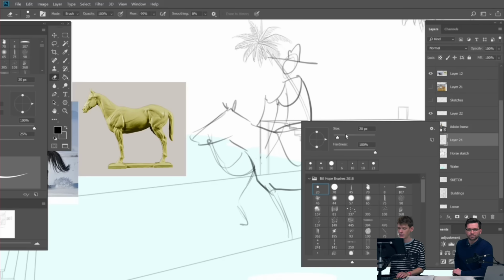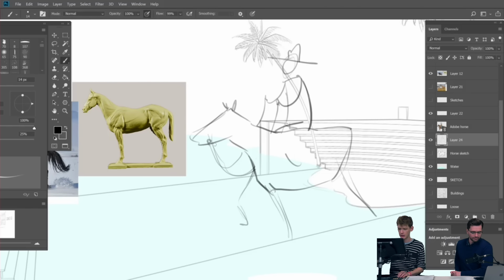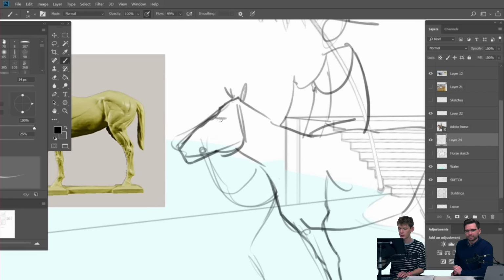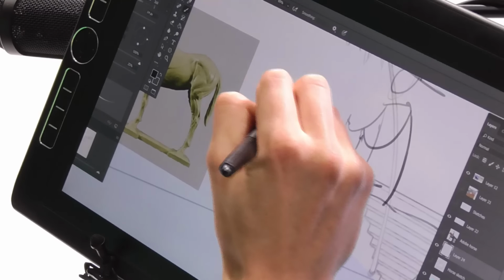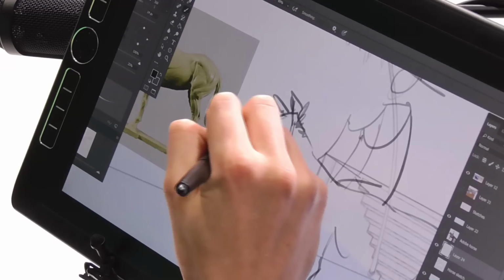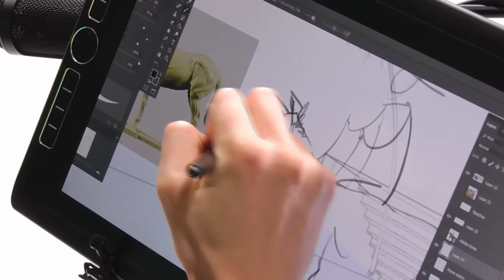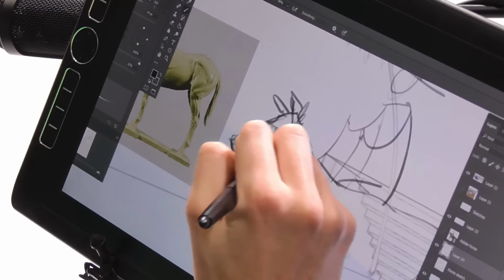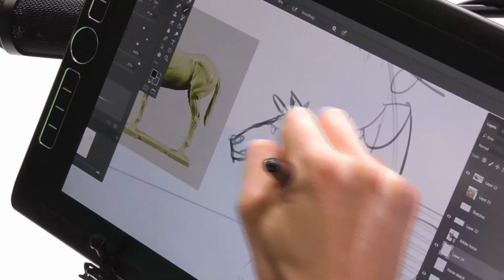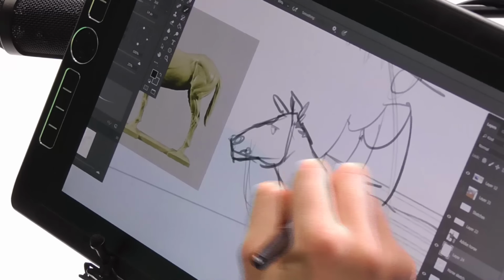Yeah, great. So I would just start sketching. Say I'll take some anatomical reference, make sure I get these edges right, and I'll just be working up part of the horse. Let's work on the head a little bit, get a little bit of sense of what this guy could look like. And I'll just keep it really rough, try and work as fast as possible to knock it out. It's not necessary to work fast, but I prefer to keep a good flow going at these early stages. Not getting too lost in the detail.